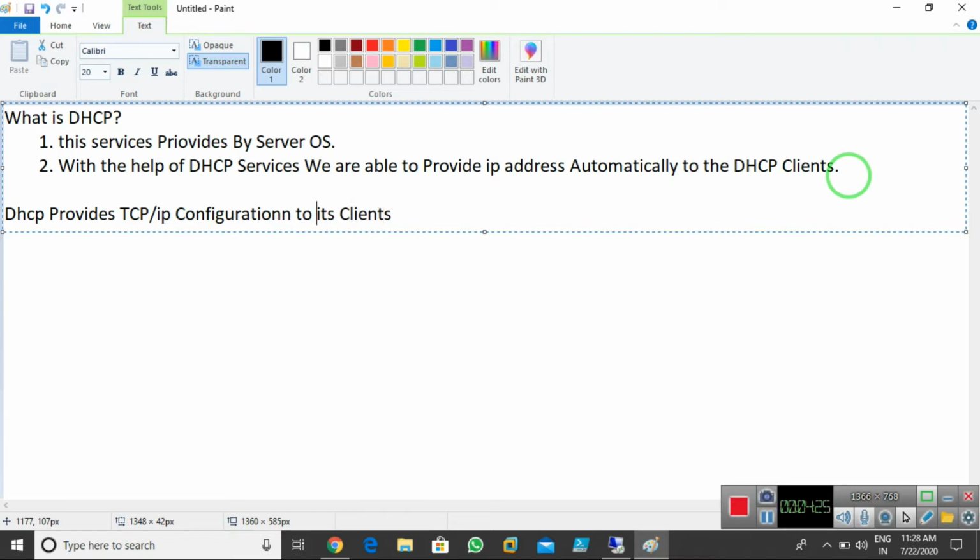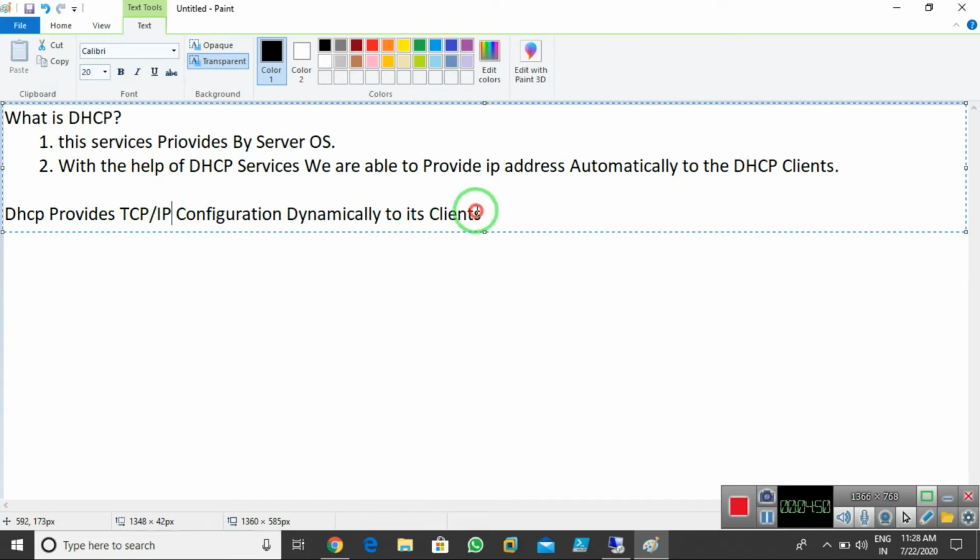Previously I said DHCP provides the IP address automatically, and now I'm saying it provides the TCP/IP configuration dynamically. Why dynamically? Because DHCP does not provide only an IP address, it provides the complete TCP/IP configuration.